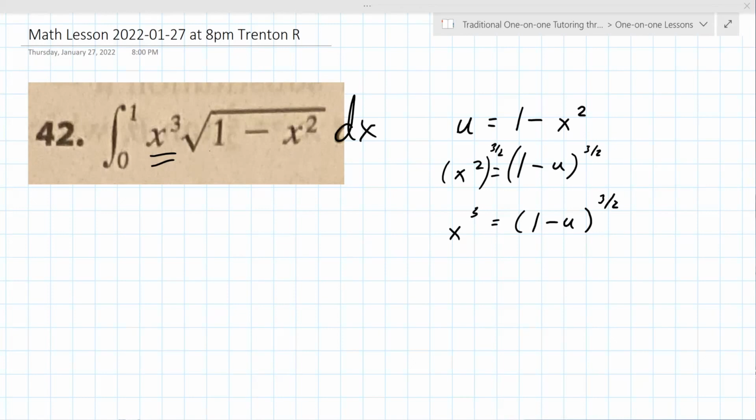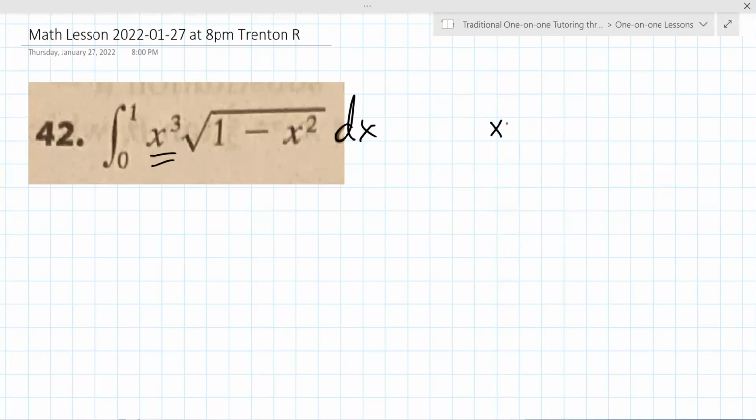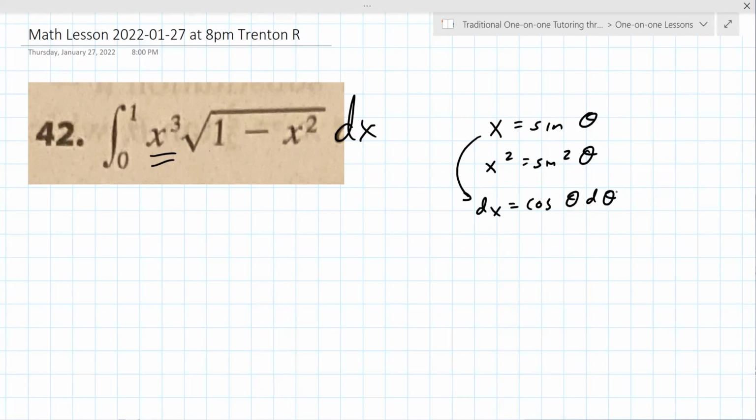Right. So, okay, I see what you're doing. All right, so your instructor, okay, so you're doing x equals sine theta. And then when you do x squared, it's sine squared theta. And then you have to also take a derivative of this. So dx equals the derivative of sine, which is cosine theta d theta. And then you start